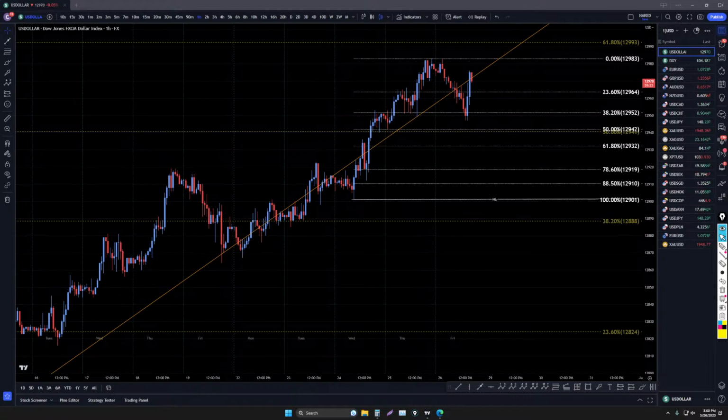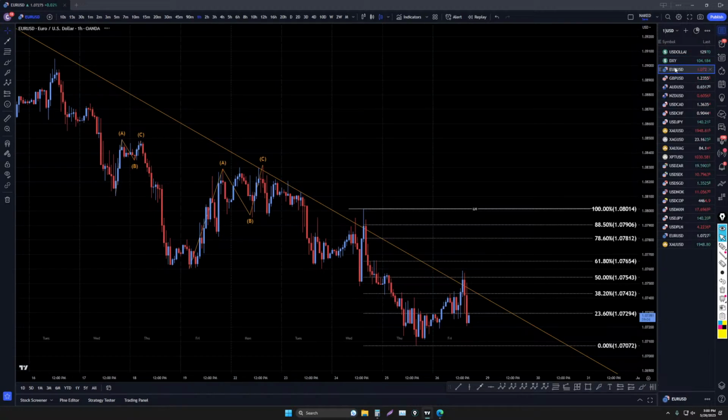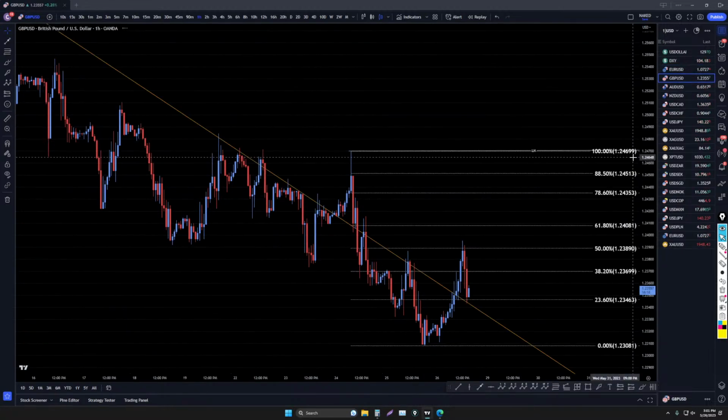So we definitely want to give it a few minutes and see what happens. Like I said, I wouldn't be surprised if it does go down, but I am definitely hoping to see one more little final push up to here, but if it doesn't happen, it doesn't happen, no big deal. It definitely looks like it should, especially with that positive news that just came out. Euro dollar kind of looks like it should just make one little push down just to finish off that trend and then probably turn back up.